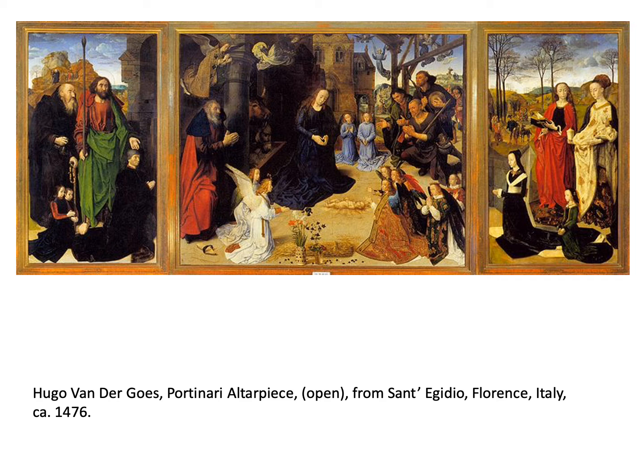It is done by Hugo van der Goes, and here you see a panned out version of the Portinari altarpiece. It's a fairly large altarpiece. It's about 8 feet wide and 7 feet tall, so it's life size. You can see that he uses similar treatment and framing as Van Eyck did in the Ghent altarpiece.